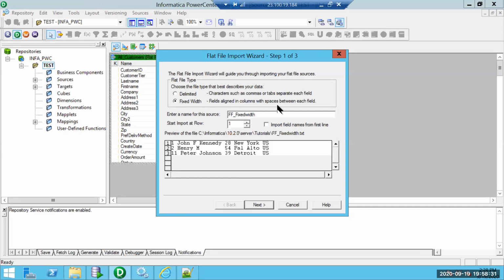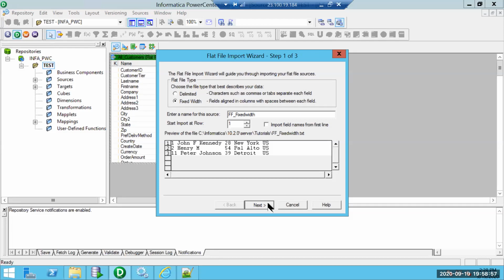So the fields are aligned with spaces between each field. The alignment is that we will have a fixed number of characters, so if there is any shortage, we will have additional spaces. That's how the fields are aligned. If we see, the first column is properly aligned, second column properly aligned, third column, fourth column, fifth column.